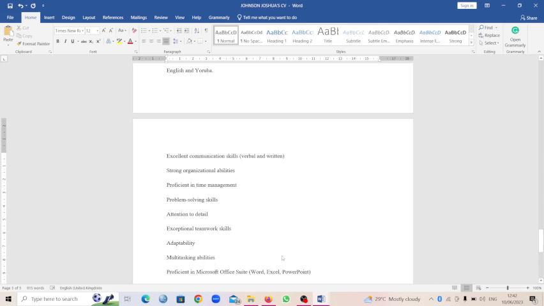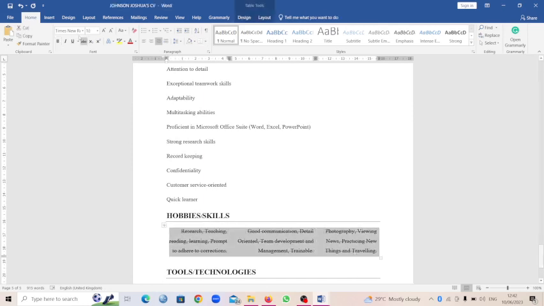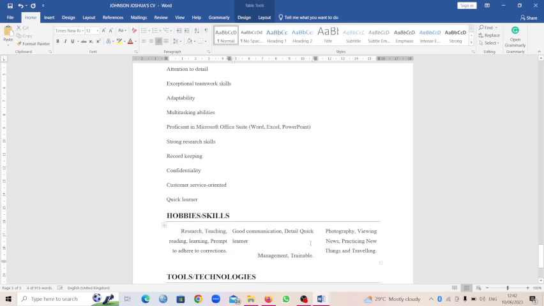Okay, so I have all of this now. Quick learner, control C, control V. Okay, quick learner should be somewhere in the middle, not as the first thing that you want to see.